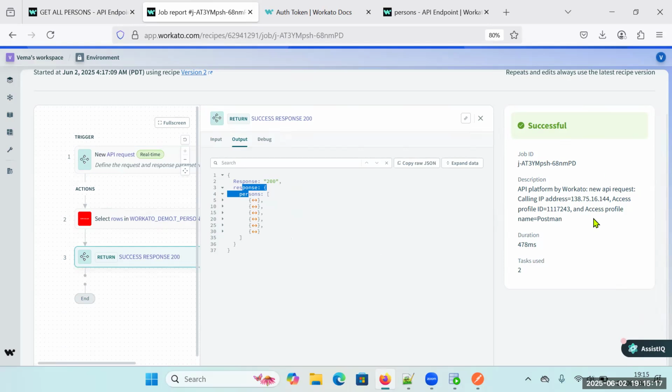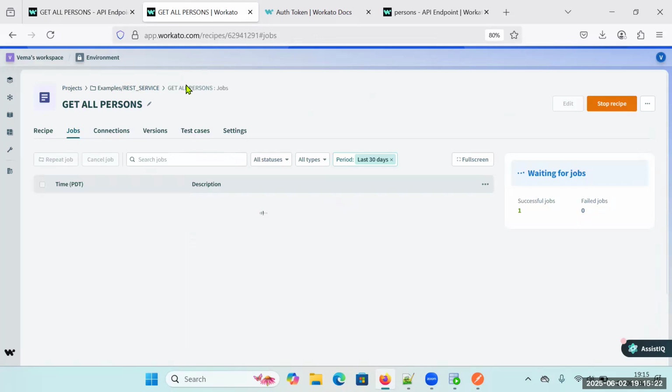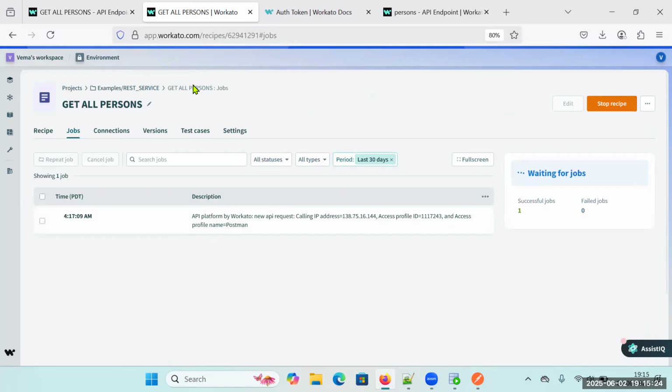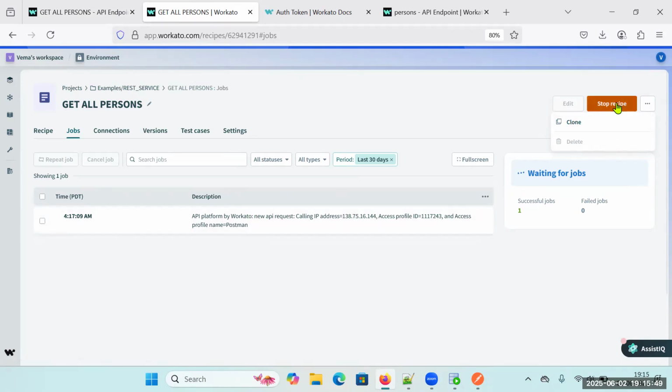So this is a very simple API, but you can extend it to have additional capabilities. I just wanted to show you a quick way to do this. In case you want to export a job report, you can do a lot of things here. Before you start, you can also display additional information. By default it shows the description, but you have an option to add a field and display the response how you want. For example, now you just click on the